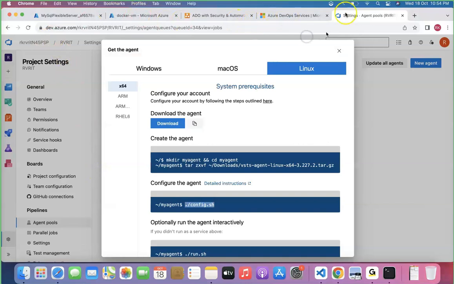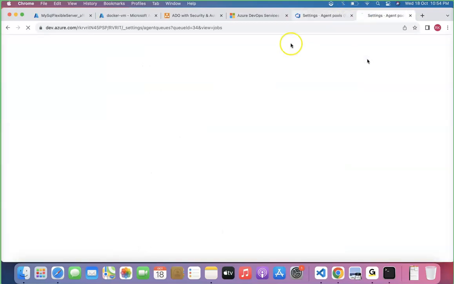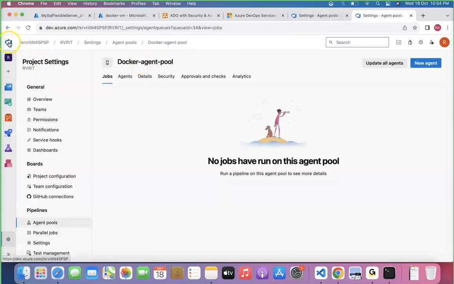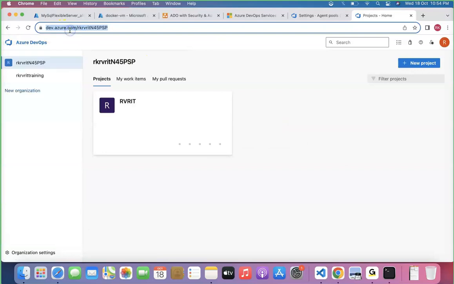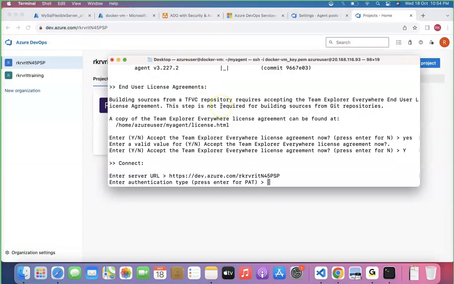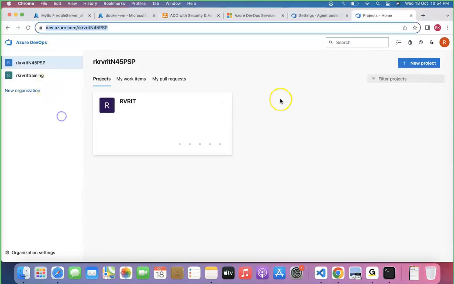Firstly, let me duplicate this one because I need to refer to the PAT token also during this process. If you go there, you can see, click on this DevOps symbol. There you can see a URL. Copy that URL, come here, paste it over there. Authentication, it is asking for PAT, press enter. Access token, it is asking, just go here,